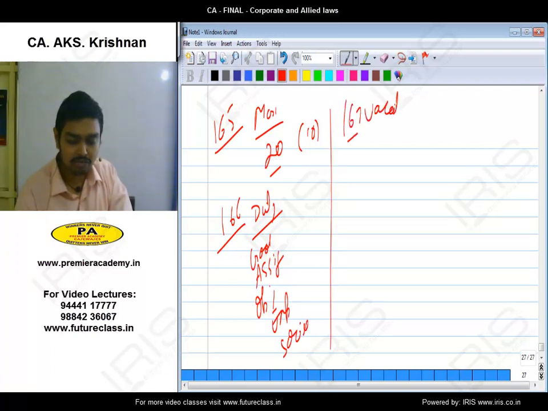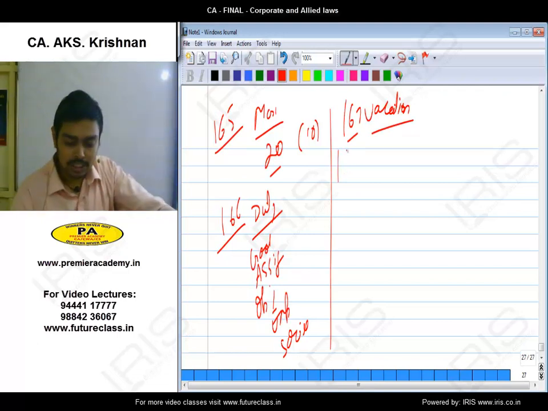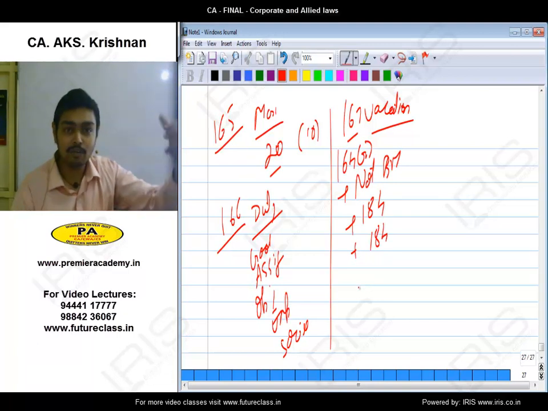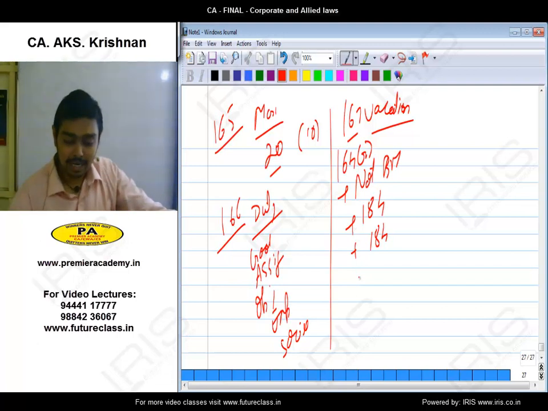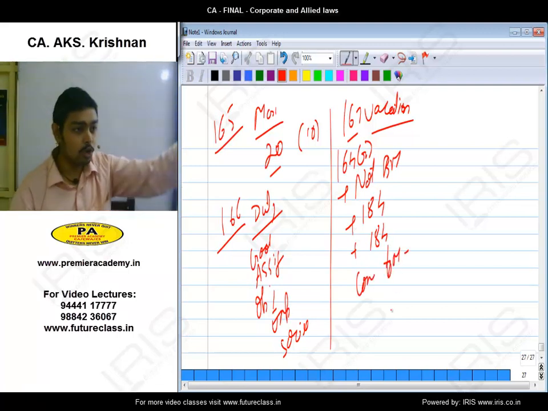What is that? Vacation of office. Okay. 164 subsection 2 disqualification. Then not attending any board meeting, then not disclosing the interest under section 184, then after disclosure you are participating as under 184, then we have what? Convicted for a period of 6 months or more, even if you are going for appeal, because